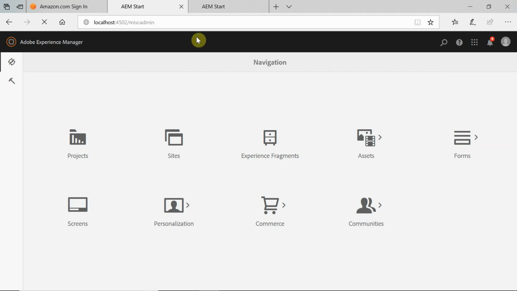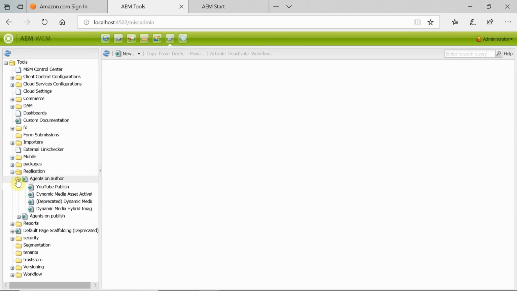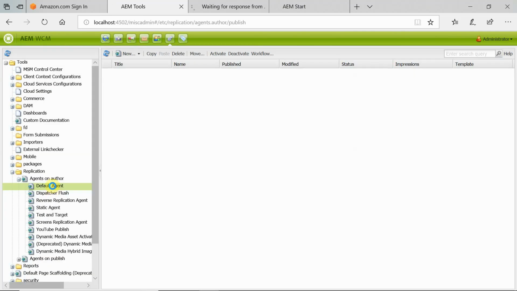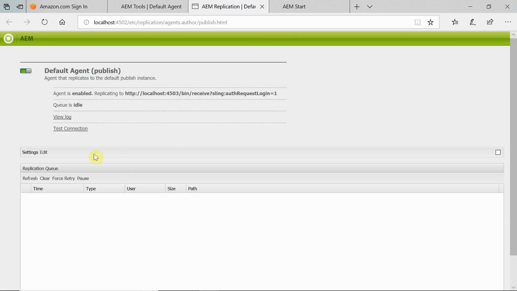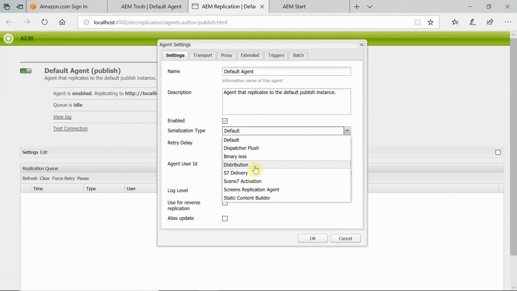Go to replication agents on author. I'm going to modify the existing default agent. Edit it. As a first step, change the serialization type to binaryless.